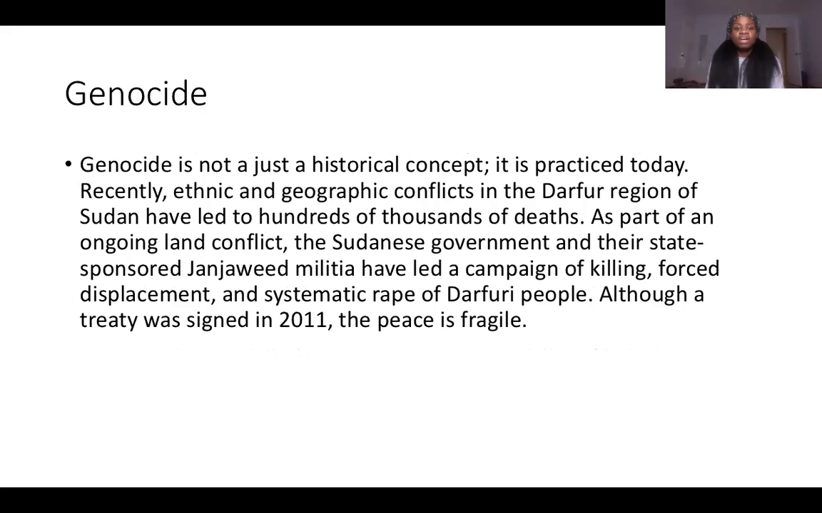Recently, ethnic and geographic conflicts in the Darfur region of the Sudan have led to hundreds of thousands of deaths. As part of the ongoing land conflict, the Sudanese government and their state-sponsored Janjaweed militia have led a campaign of killing, forced displacement, and systematic rape of Darfuri people, although a treaty was signed in 2011. We also should know, again, it's 2020, things are popping off in 2020. You should know that there are other types of genocides going on in different regions of Africa. One thing I will say is that genocide is not just